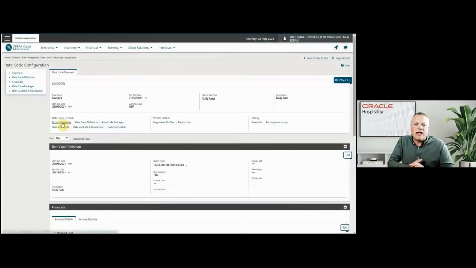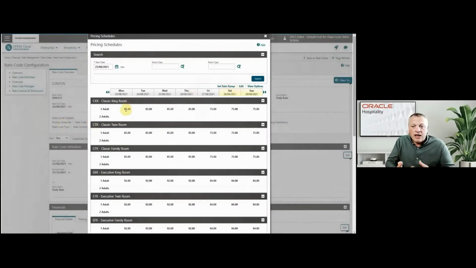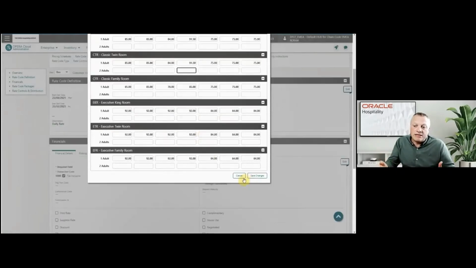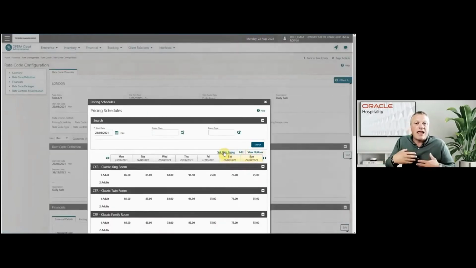Just having a quick look here at a rate code then. So this one we've set up as a daily rate. I can see all the pre-configured rates that we've already got set up in the system. So it's £85 and £92 for executive rooms. If I want to, I can then just go and edit and change an individual day and that room type. So here I've changed two to be £84, another to 78. And it gives me an option there to edit just where I need to,